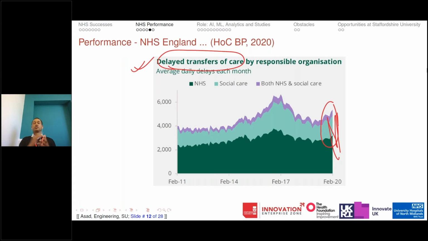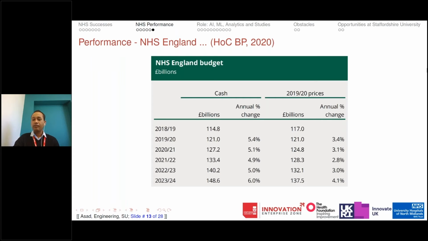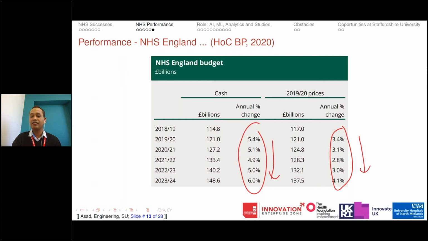So if you look at the NHS performance by the indicators we have just seen, the NHS is far away from their target. Well, if you look at the budget over the last few years and the government's target, the budget is increasing. Even if you consider inflation, around 0.20%, still the budget is increasing,